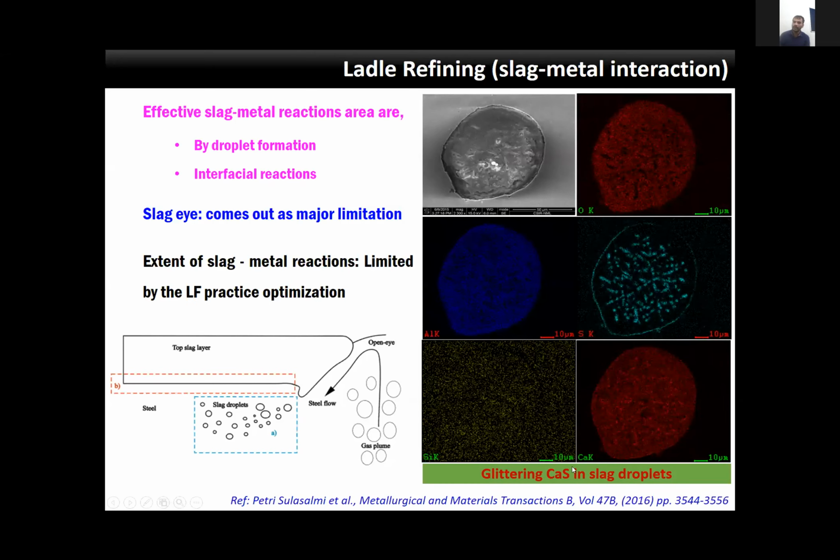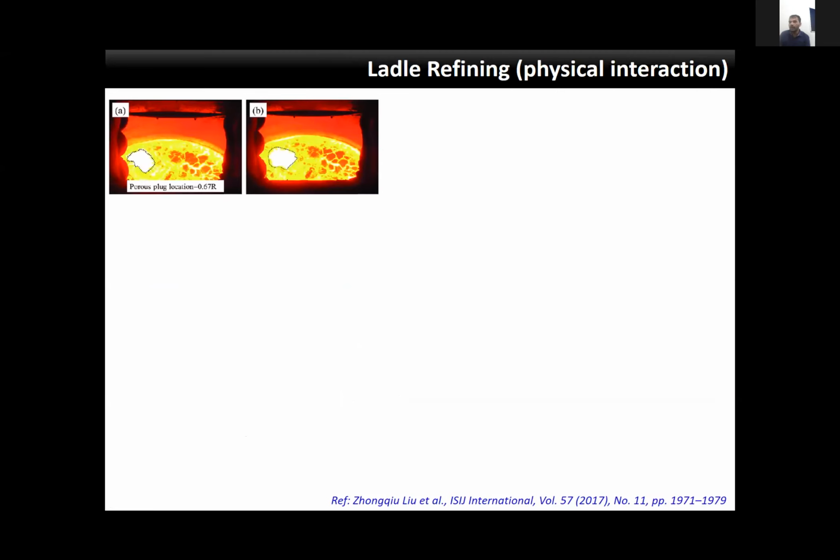Here I am showing one picture where you can see a slag droplet collecting sulfur particles from the metal. It was trapped in one of our lollipop samples taken in industry. So the slag droplets are involved in the desulfurization reaction. It is just a proof that the slag droplets are involved in slag reaction. Now let's see how people have studied